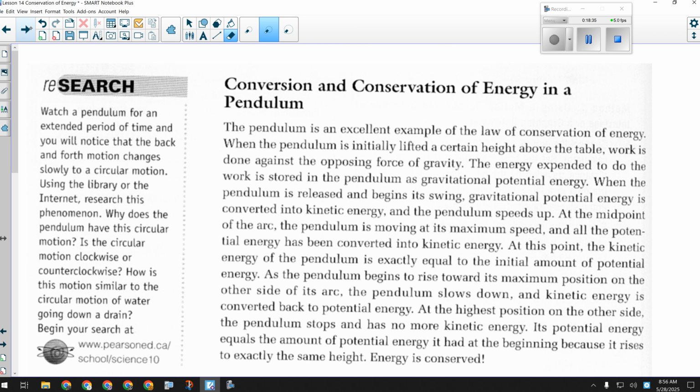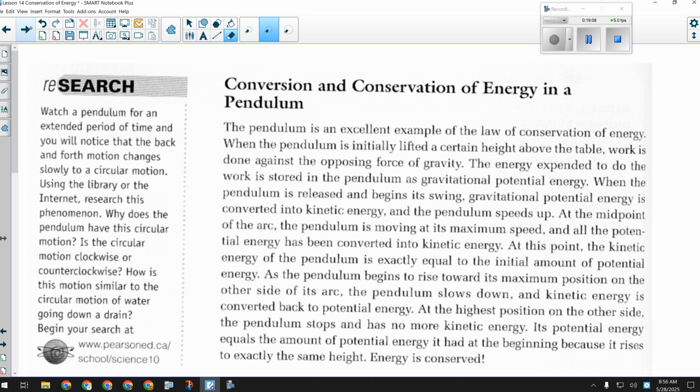That's conservation of mechanical energy. There's no work being done here. I mean, yes, I did work to lift it to here, but that's not what the question would be asking about. It would say the pendulum has an initial height of this many meters. How fast would it be going at its lowest point? Well, at its lowest point, we'd assume the height would be 0, and all of its energy would be kinetic when it's swinging through here. That's where it's going the fastest and has no potential, so it would only have kinetic.